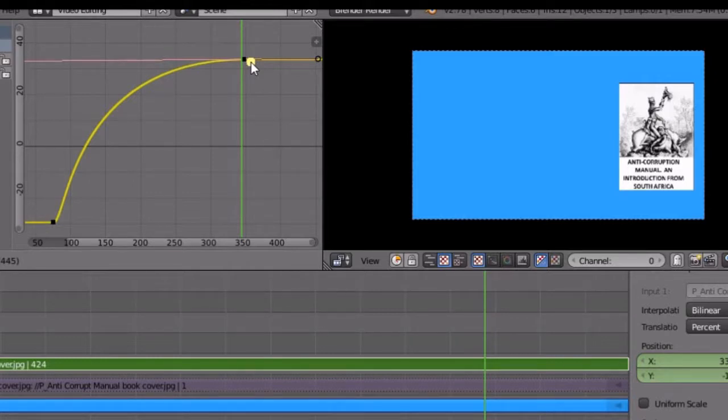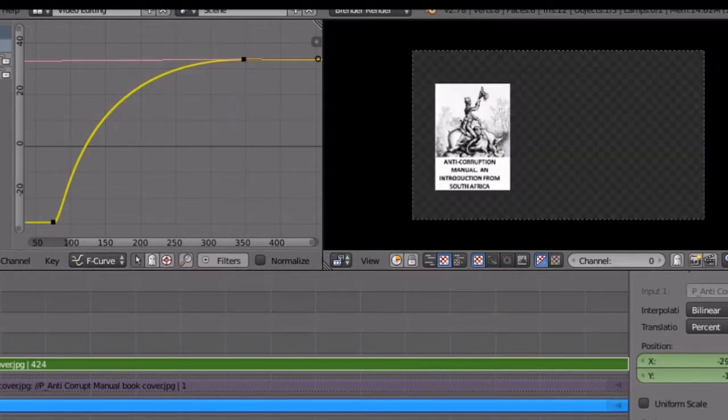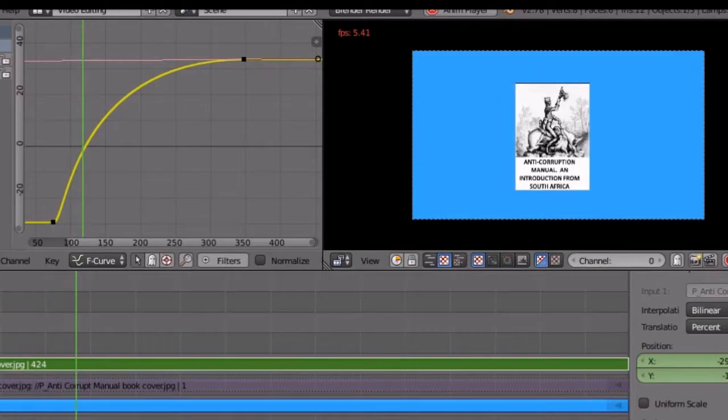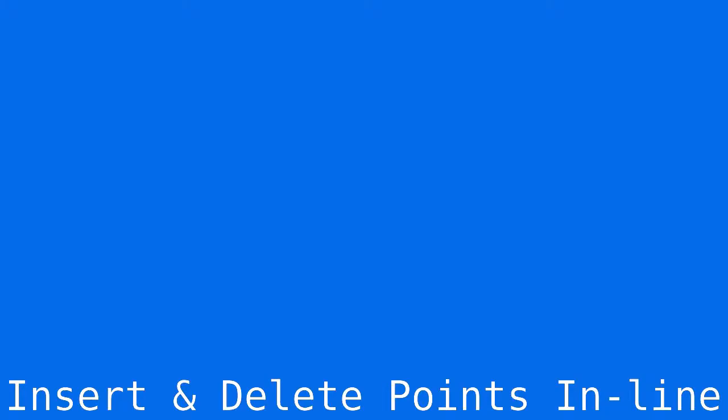What you do is select the control handle point. Grab it and move it in. This time,